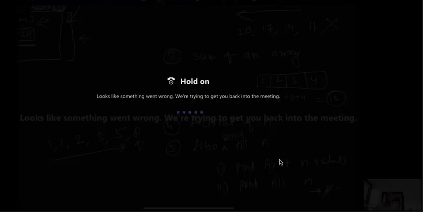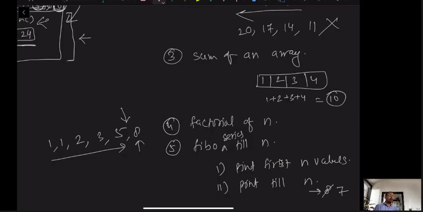Okay? There are a lot of confusions regarding whether we have to start the Fibonacci series with 0 or 1. Some researchers start with 1 and some start with 0. You can take either of them.